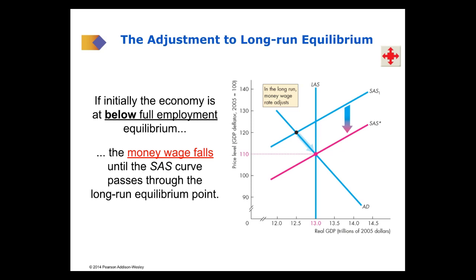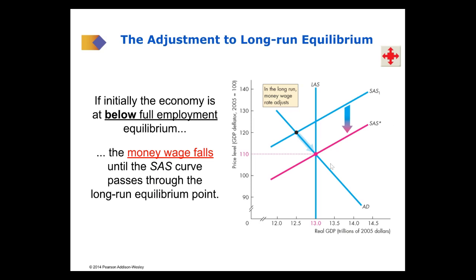And when the money wage rate falls, the short-run aggregate supply curve will increase because the money wage rate is a factor of production for aggregate supply. So if wages are going down, then suppliers are able to hire more laborers and increase production, and they're also able to lower the price of their products because their cost of production is going down. And so we move from this point here, where we're below full employment, to the long-run equilibrium where we're at full employment. So we'll be back on the long-run aggregate supply curve,